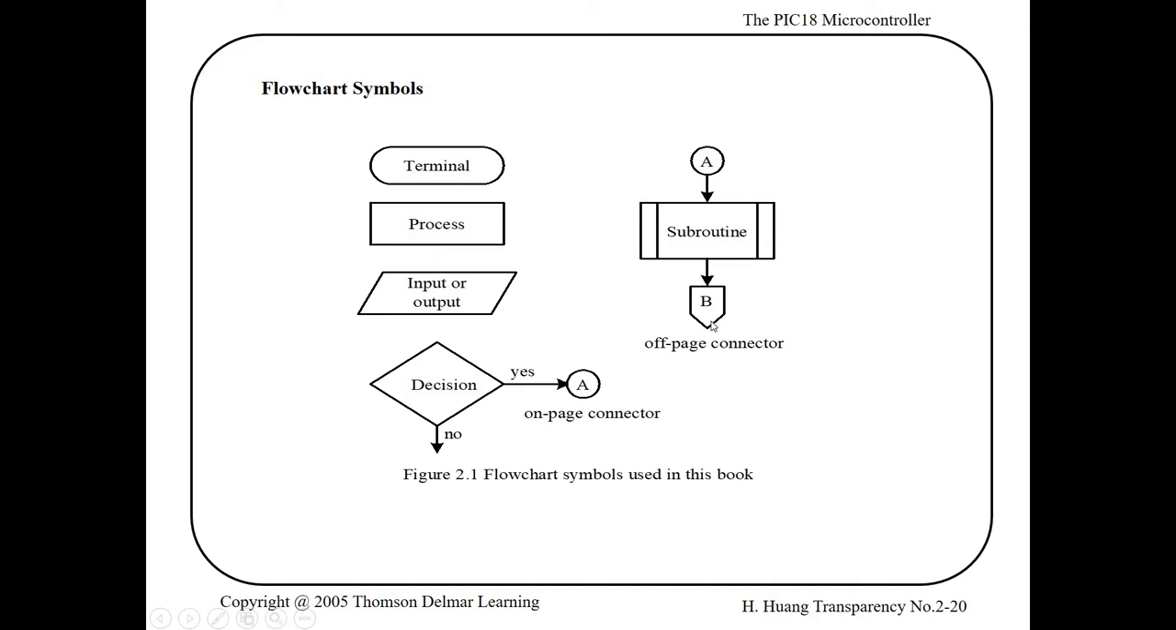And then, if you do not have sufficient page or space, you can use the off-page connector, whereby on the next page you'll have the same pointing-down kind of symbol to denote that this is where the process is being continued. So these flowchart symbols are quite important, but most of the time, especially in this subject, the flowchart is not really tested,